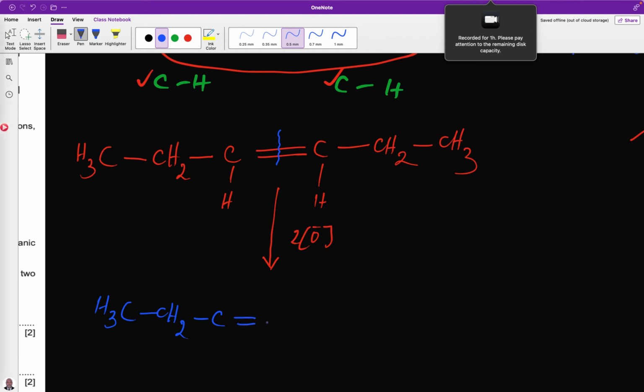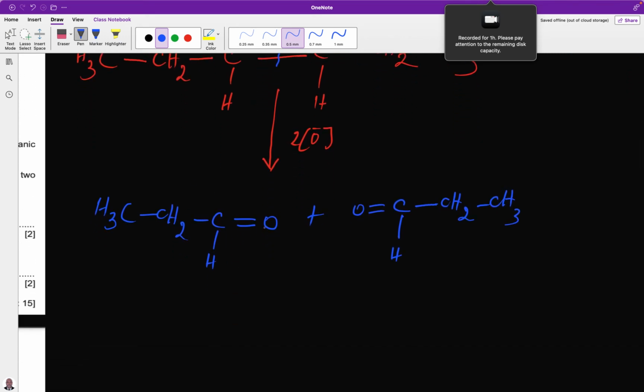One of the oxygen here will attach itself here, and this will be the carbon, and this will be the hydrogen. Plus this other one here, which will be this. Remember, these are aldehydes, propanal. All these will undergo further oxidation. They will undergo further oxidation to what? They will undergo further oxidation to the corresponding carboxylic acid,